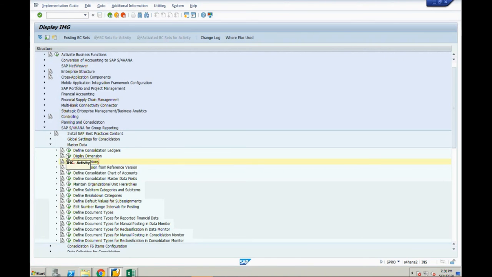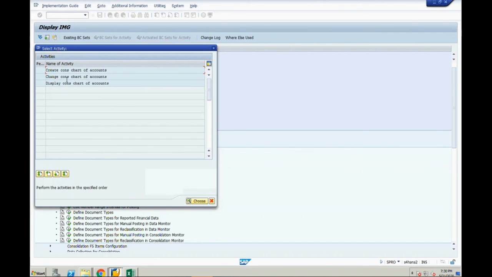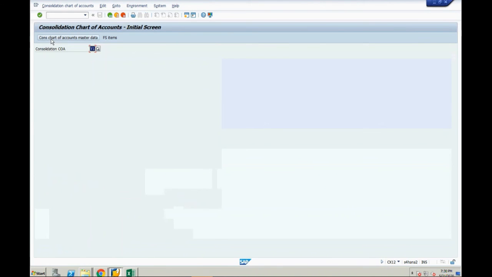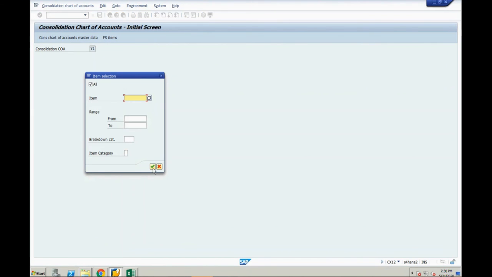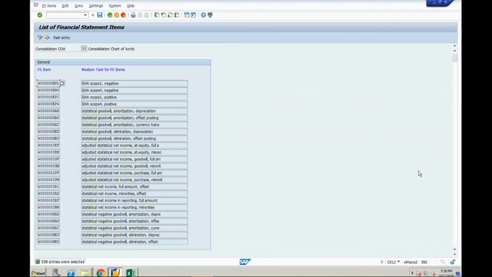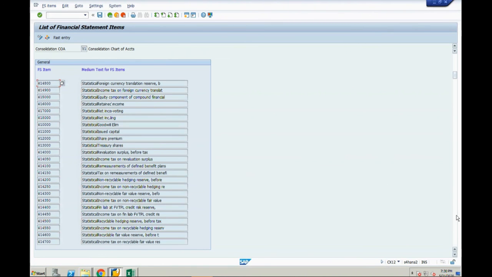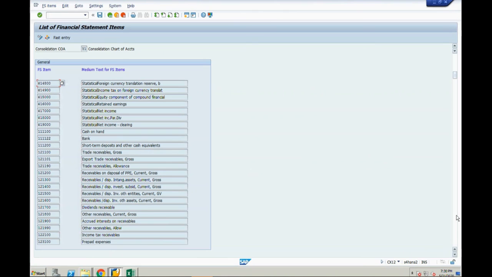Also SAP-delivered financial statement items, as you know. So they delivered some financial statements, all the items, all those things. So you can execute based on the best practices, right? And you can give a demo based on that. They can say, yeah, this is there, we can go with this, or if they want any changes. As you know, in this course we are going to discuss how to add, if any, changes to this content.